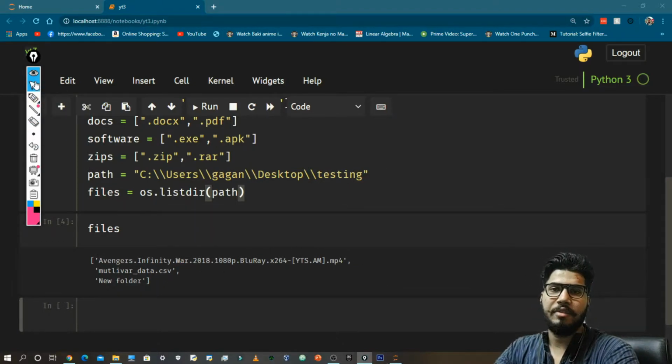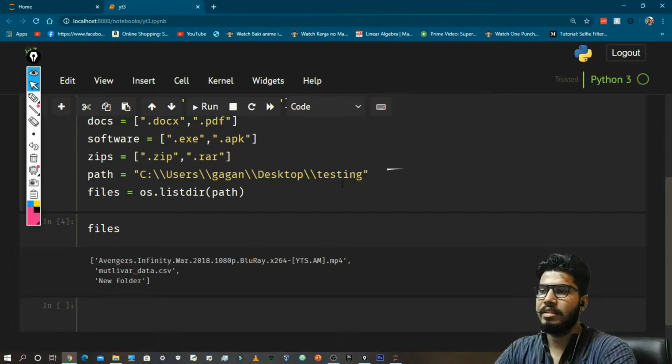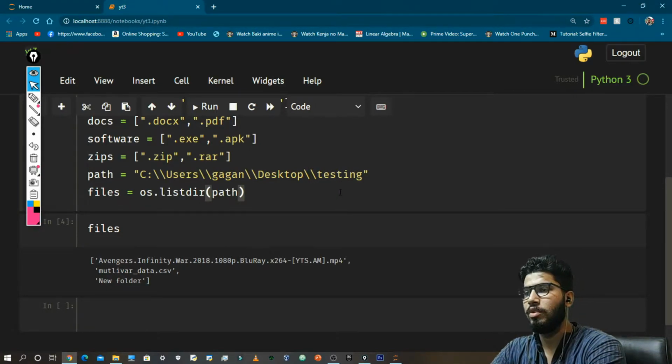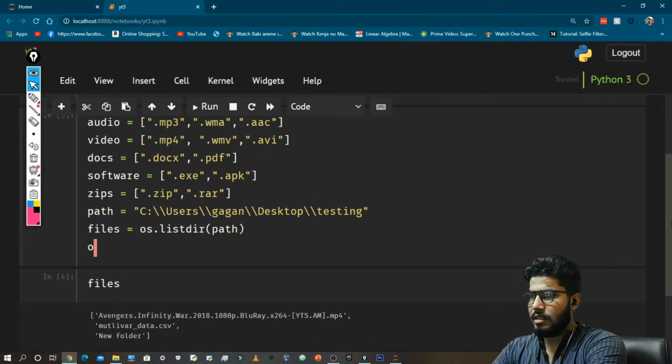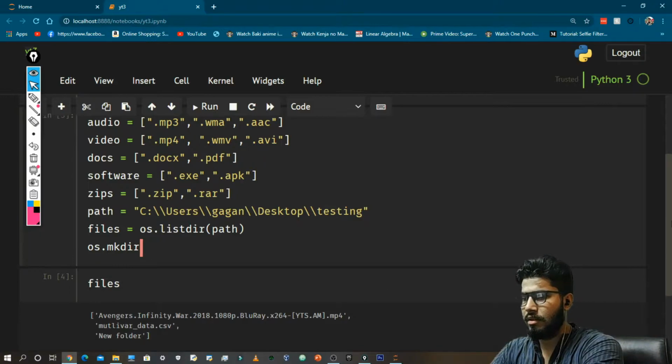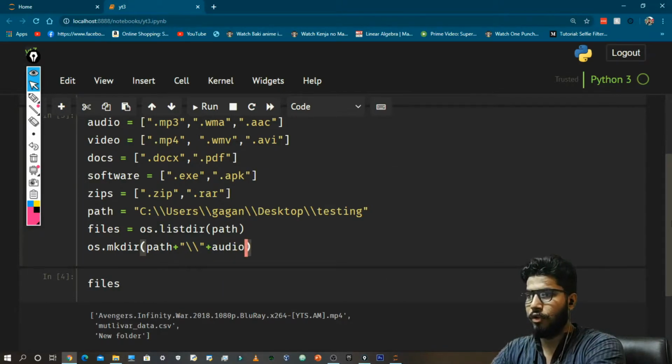Okay, now the next step that we need to take is to create some folders in which we want to store our files after processing. Let's use os.mkdir, and I'm gonna use the path plus, and then I'm gonna make an audio folder.